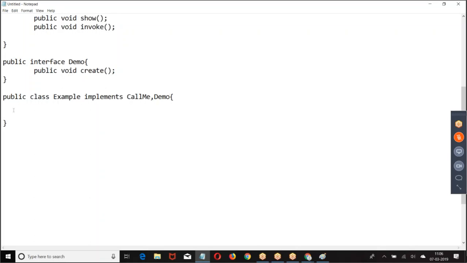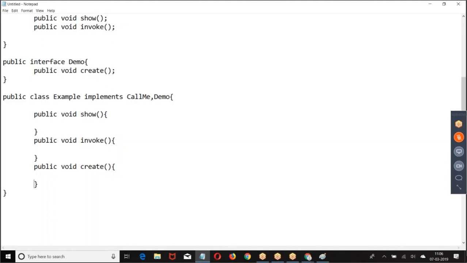A class can implement how many interfaces? More than one interface. That is giving void show. Public void. This is what we got.